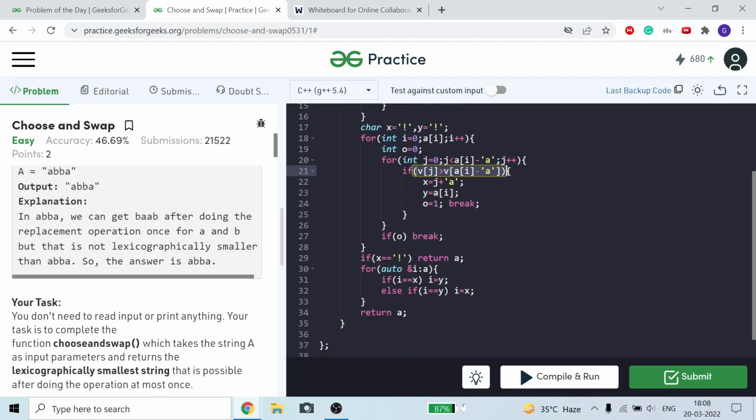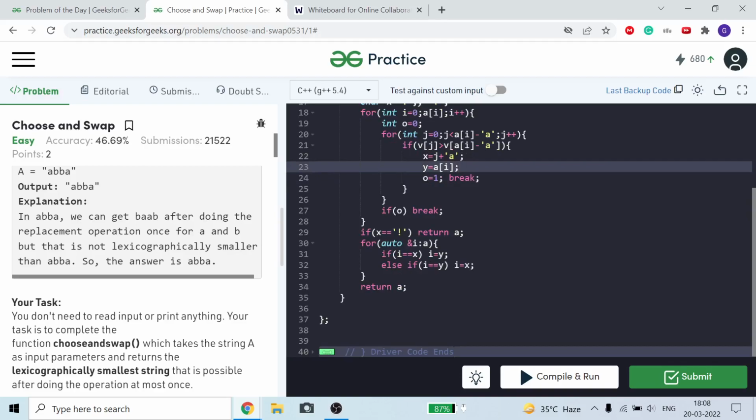Then my x is j plus a, meaning if j is 0 then it is a, if j is 1 then it is b, and so on. And y is the character at my AI. If my x is equal to exclamation mark, I just return a, which means we never found a pair.